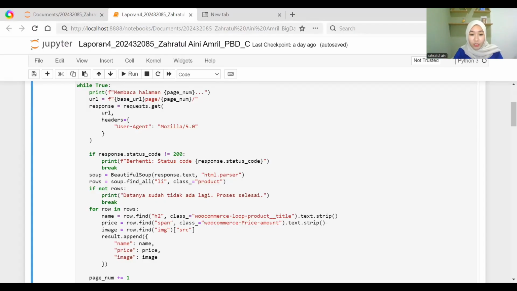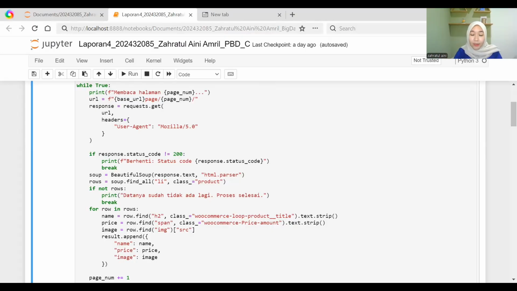If the page is successfully loaded, Beautiful Soup reads the HTML content and searches for all product data. The program then checks whether any product data is found. If no data is available, the loop stops automatically. Otherwise, it extracts the required information, such as the product name, price, rating, and description, and